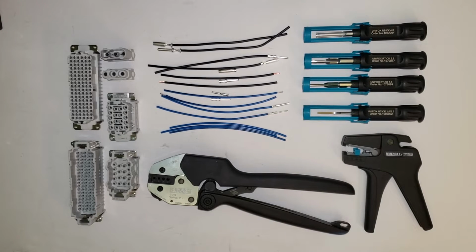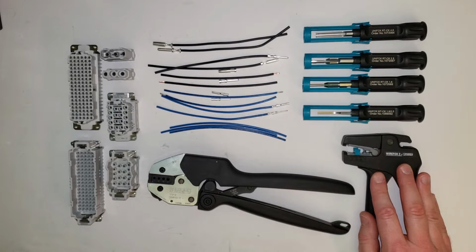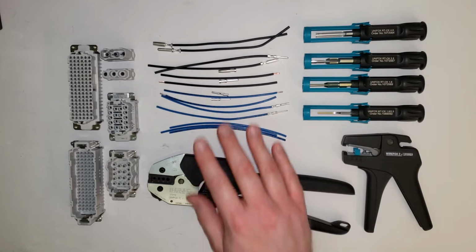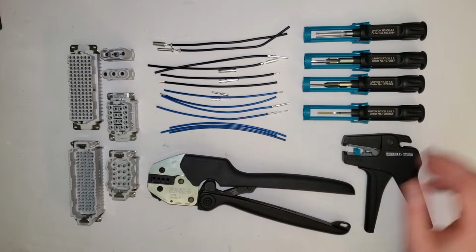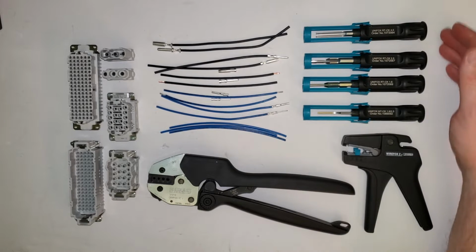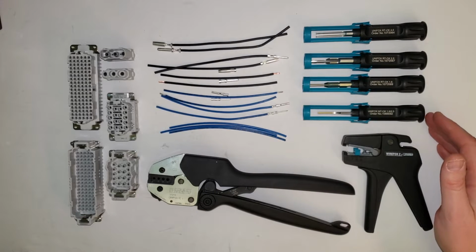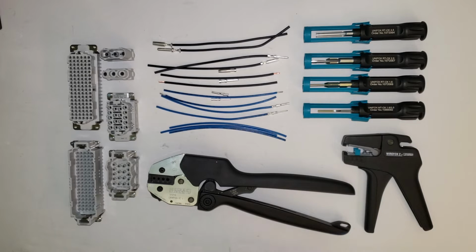Hi everyone. So today I'd like to talk about our crimp tooling and how we go about crimping different size contacts and the different tools that are associated with that. So we'll start with some wire prep using our WIREFOX stripper, crimping the contacts onto the wires in different sizes and how we go about that, inserting those crimped contacts into different housings depending on the size that's associated with the contact, and our insertion and extraction tools for when you have to rework a particular insert, or an insertion tool when that becomes important, because usually you won't need this, but there'll be times where you will. We'll talk about that briefly. So with that, I'm going to stop there and we'll get on into actually the different contacts and how to